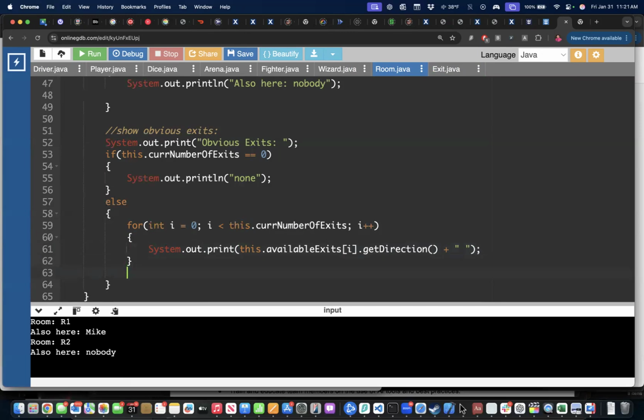All right, after we've gone through all of our exits, we can go ahead and do a System.out.println. I usually will call the println and pass it the empty string, but there actually is a version of println that takes no parameters, that just kicks it down a line. If you go and look at, what is it, PrintStream,